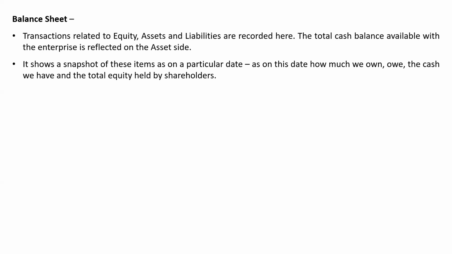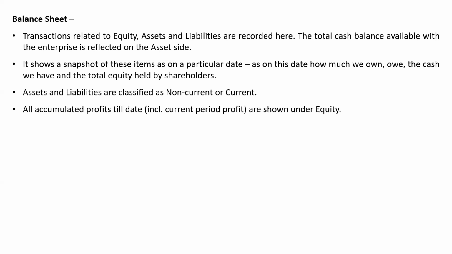So, while the income statement says, here is how we did in this quarter, the balance sheet says, here is where we stand as on date. The assets and liabilities are neatly divided into current, which is short term, and non current, that is long term categories. This helps us assess our short-term payables and receivables as well as our long-term obligations.